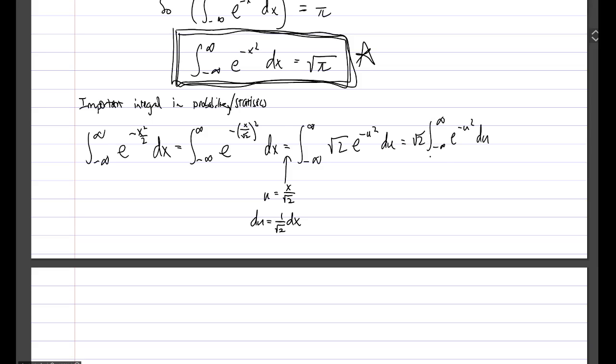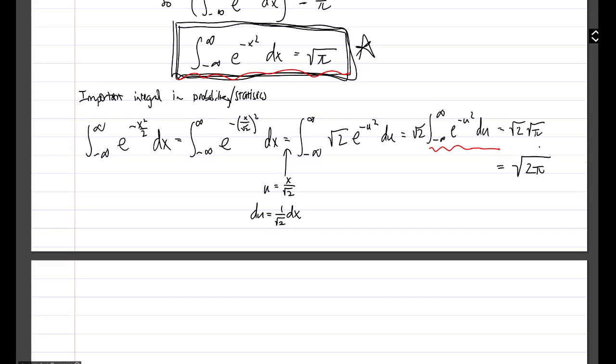And the point is, this integral right here, we just worked out. It's just written with x's up there. And so we're going to end up with root 2 times root pi, which is more typically written root 2 pi. So you might have seen this integral equaling this before,